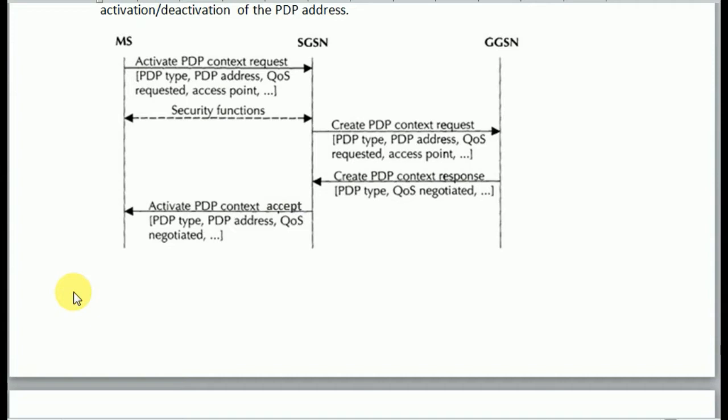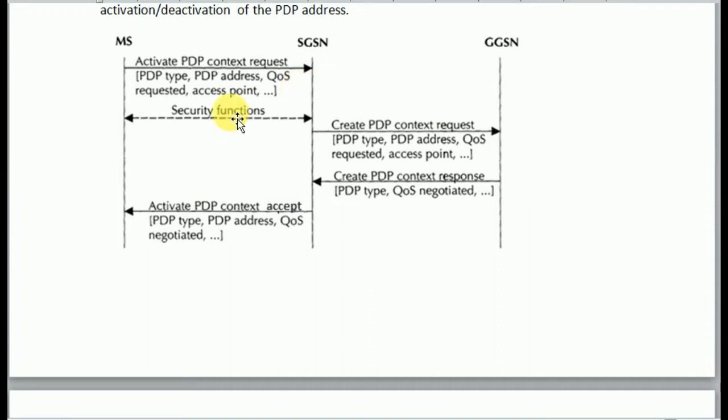This figure shows the PDP context activation procedure. Using the message activate PDP context request, the MS informs the SGSN about the requested PDP context. The MS requests the SGSN to activate the PDP context.